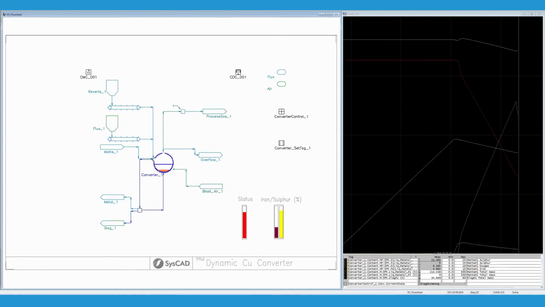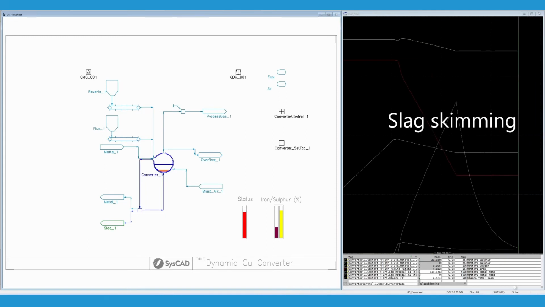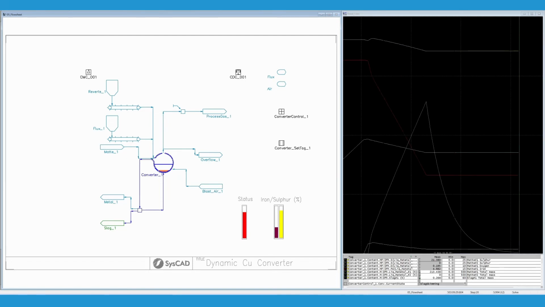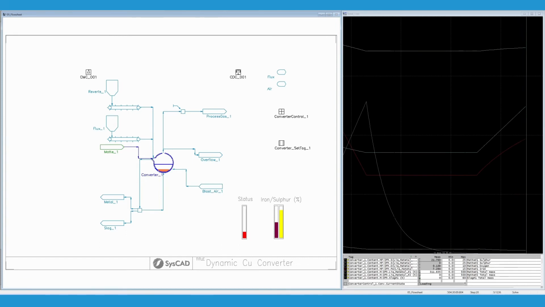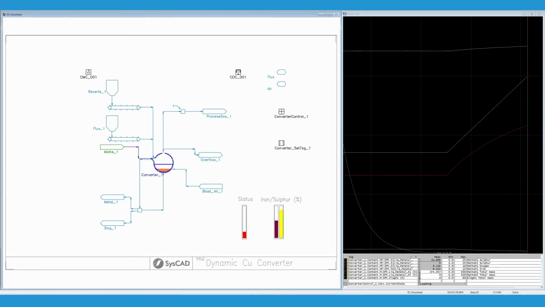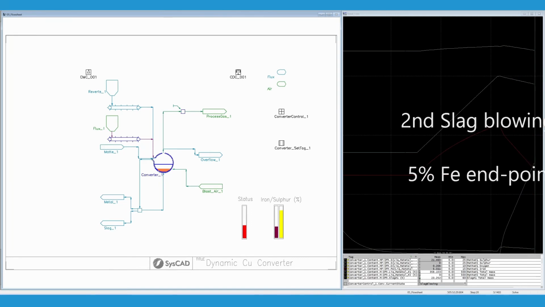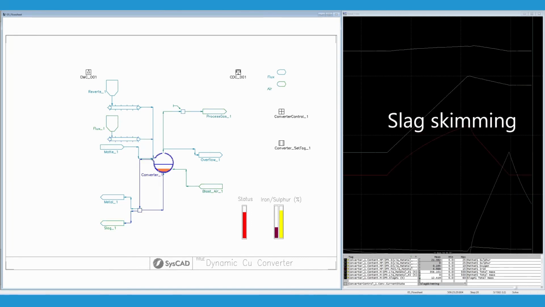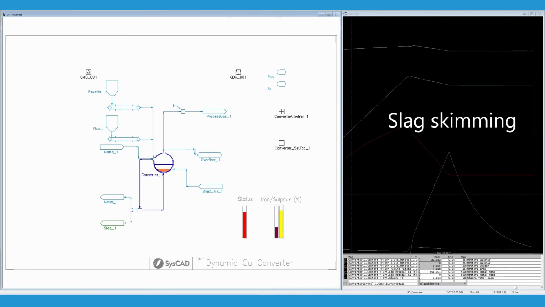The live trend on the right-hand side shows some of the calculated variables, with amounts of matte containing the converter in white, percentage iron in matte in red, percentage sulfur in matte in yellow. The iron endpoint for the first blow was set to 5%. Here, it is possible to see how the total amount of matte slightly decreases while the slag amount increases during slag blow. Also, based on the initial matte composition, a small amount of sulfur is also removed during the slag blow. After slag skimming, 2 additional matte ladles are added, resulting in the increase of total iron content to about